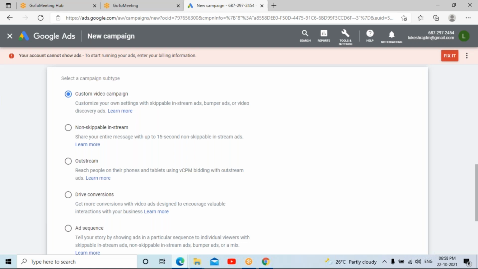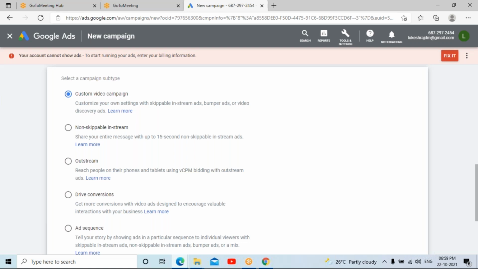When we watch any video on YouTube, you might get an option where, when the ad is running, it shows 5 seconds of the ad and then asks you, do you want to skip this ad? That is a skippable video ad, where for those 5 seconds YouTube allows you to run it free of cost. But later, once you click on the skip ad option.